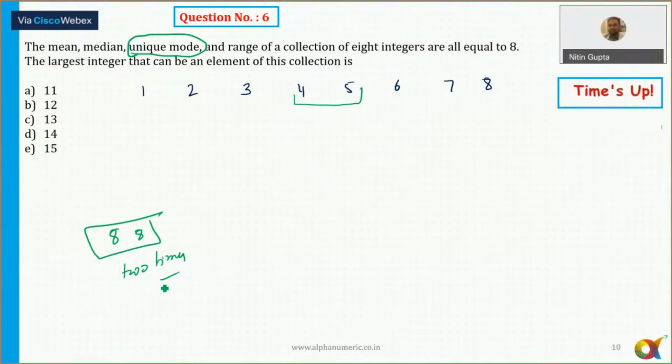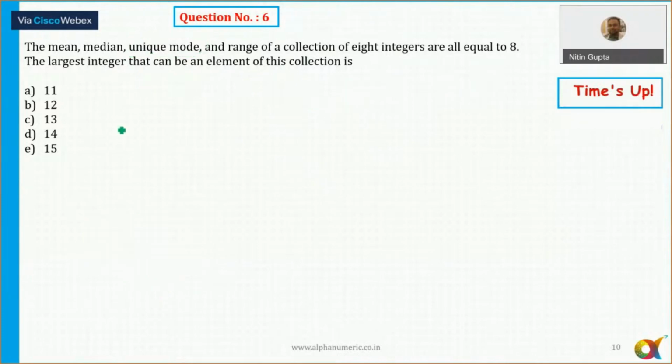So out of these 8 integers, instead of numbers, I can write them as, let's say, A, B, C, D, E, F, G, and H, in this order. Or they can be equal also. So I'm not writing the order strictly. And these are the two middle numbers. Okay, 8 integers. So these two numbers must be equal to 8, I can say. All right, these two numbers must be equal to 8. That is for sure. Any doubts to anyone?